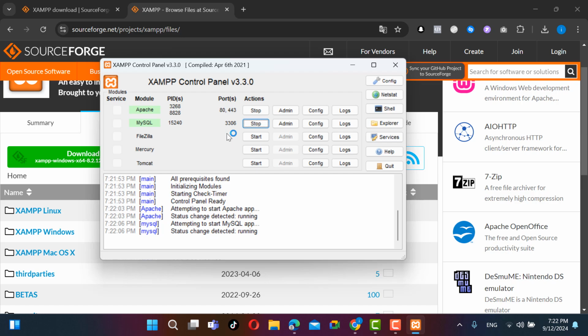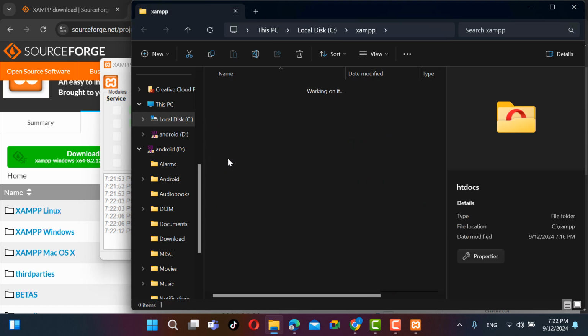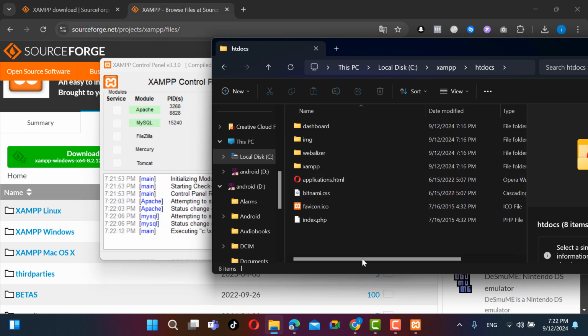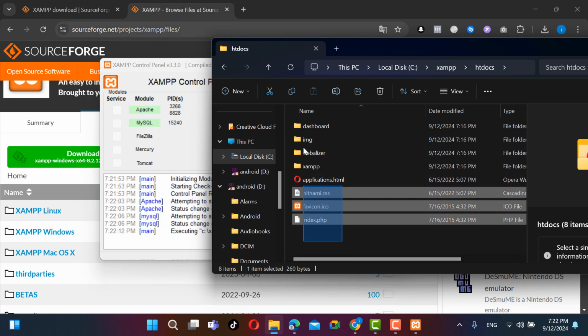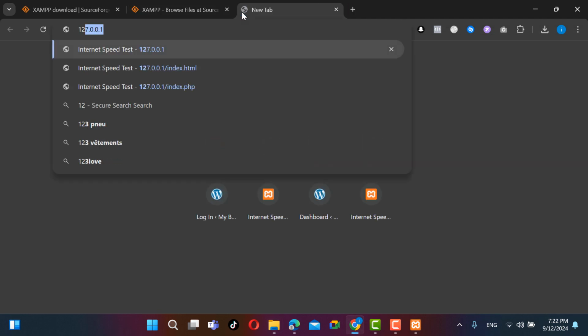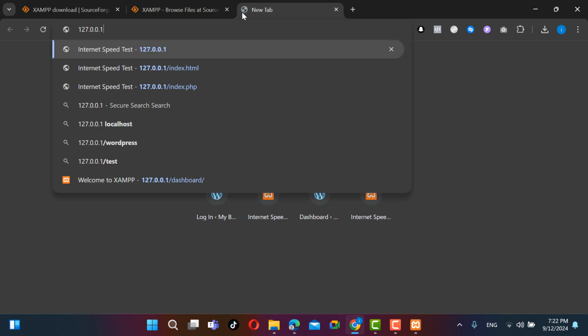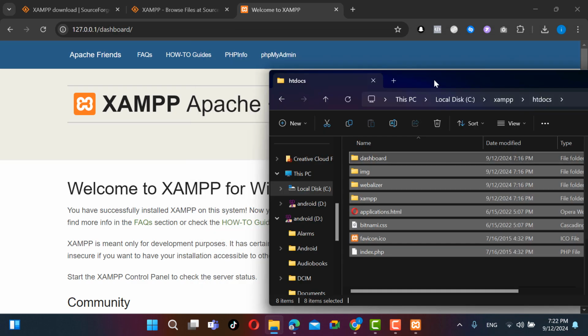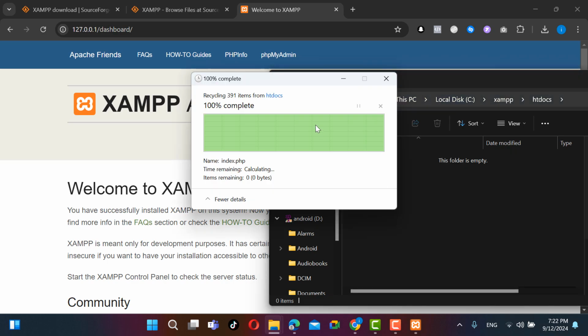The second step, click Explorer and go to the htdocs folder. Now be careful here. Guys, if you put any files in this folder, they will appear automatically in this link, 127.0.0.1. Now as you can see here, if you put any PHP file in this folder, it will show it here automatically. Now what happens if we delete all these files and refresh